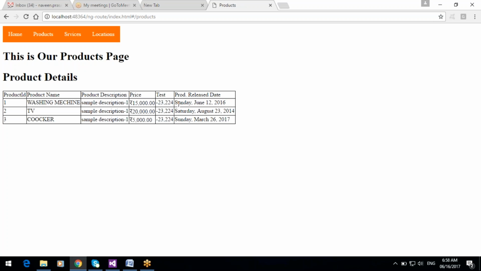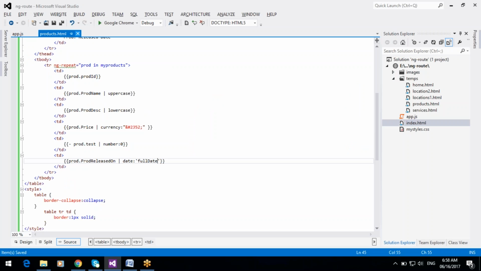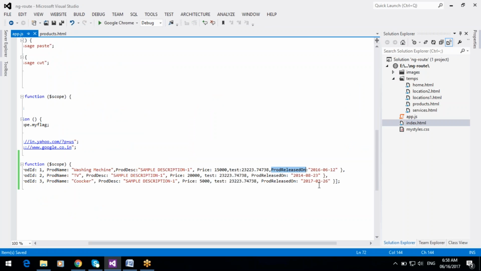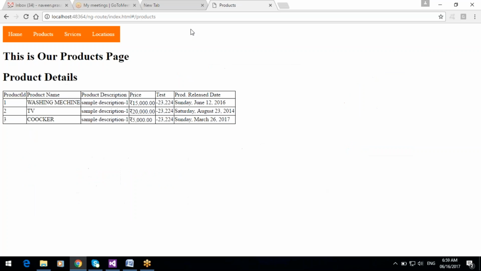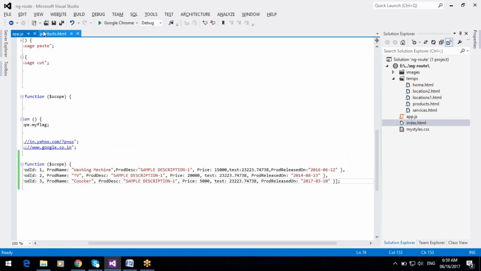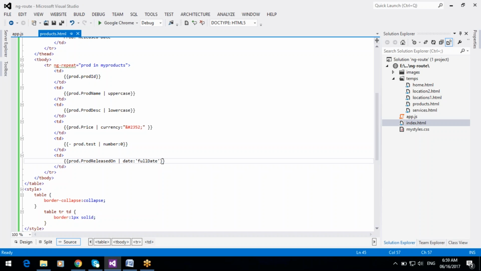June 12 is Sunday, and August 23 is Saturday, and again Sunday. Okay, so this is Friday. And the full date format will be like this.